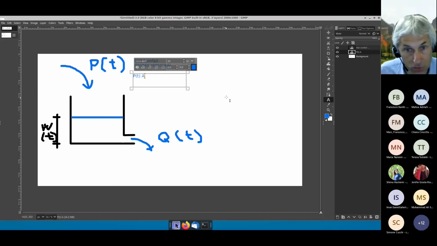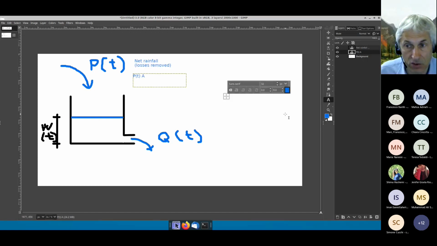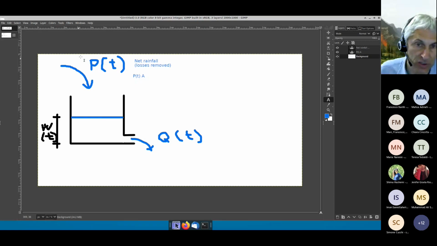This is something I forgot to say at the beginning. Okay, so just be aware of that. This is not rainfall intensity, it is rainfall volume per unit time over the river, over the catchment. Okay, so there is the area of the catchment here. I realized it